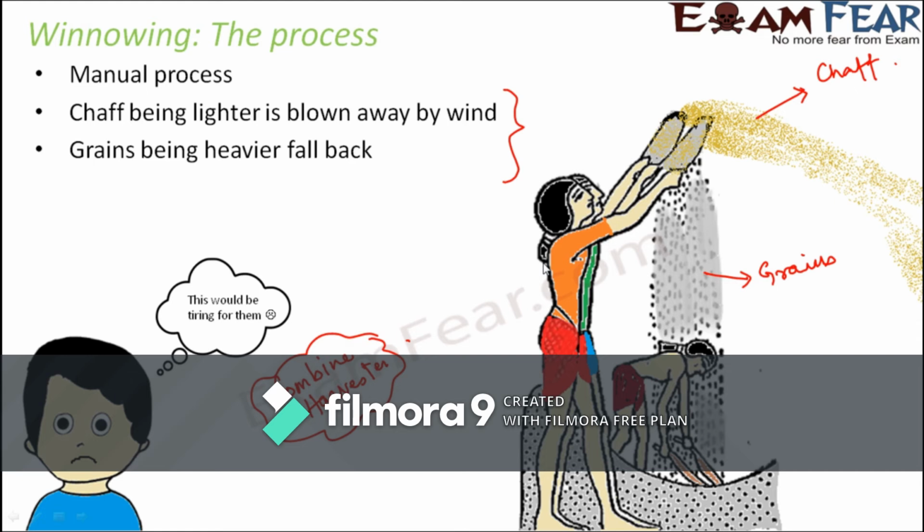Now, one interesting question that might come to your mind: we have been talking about separating the grains from the stalks, separating the grains from the chaff. Now, why do we want to separate the grains from all of these? If we can eat grains, why can't we eat the chaff? Why can't we eat the stalks? Now, the simple reason is that grains, the rice which we eat, that is digestible by human beings. But when you talk about the chaff, that is these dry coverings of the seeds, they are indigestible by humans, and that is the reason they need to be removed.